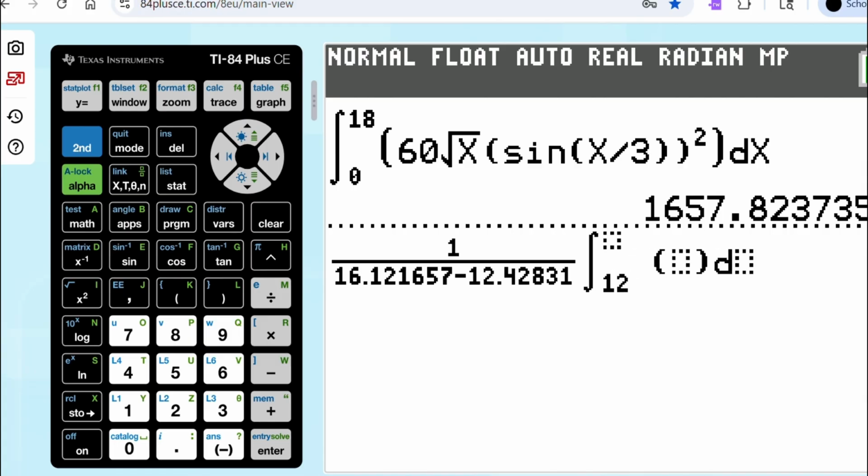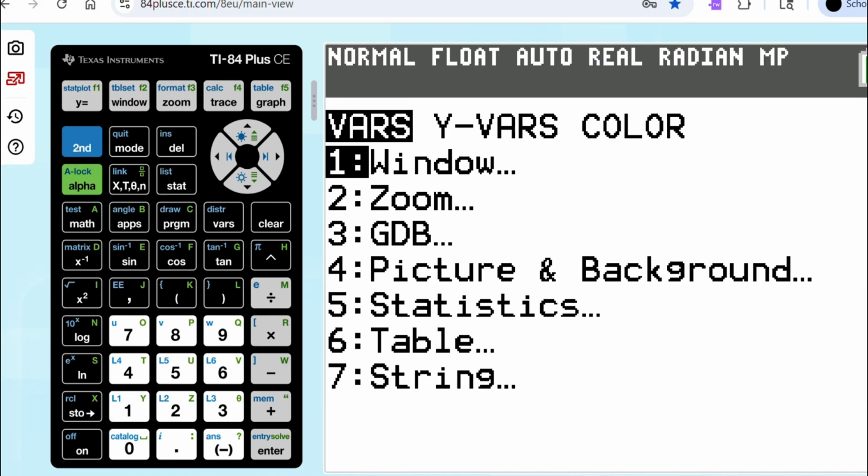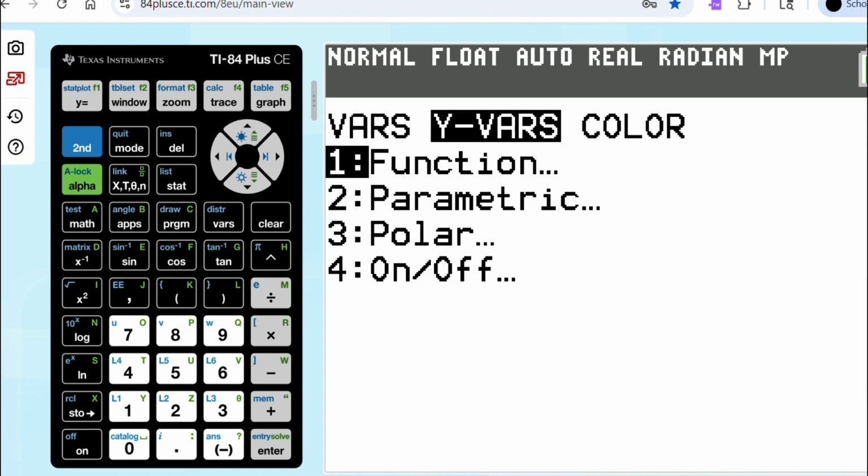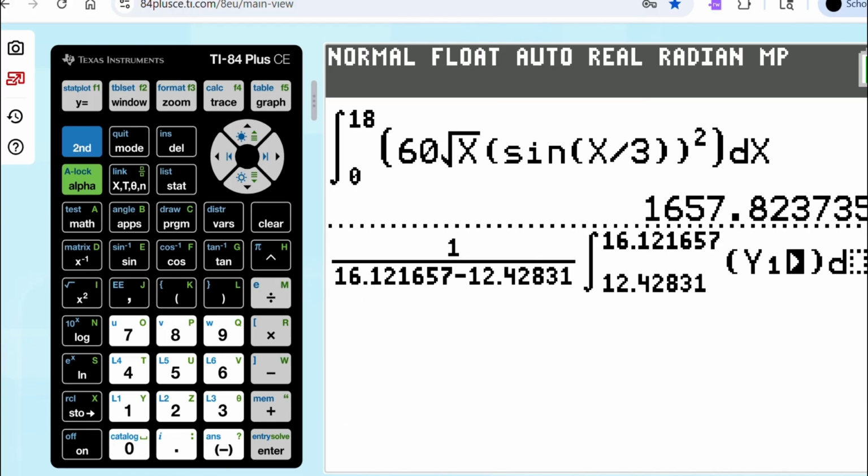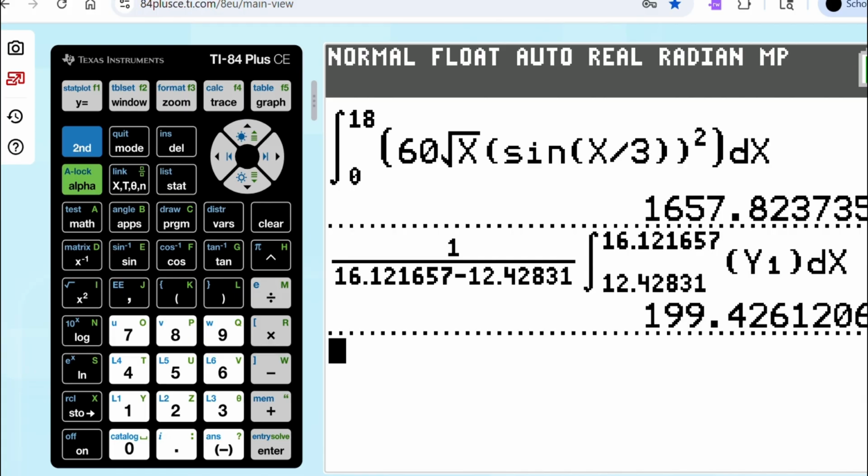We're going to integrate from 12.42831 up to 16.12167. And instead of retyping the whole function again, I'm just going to hit the VARS button, which is just to the left of clear. And when I go in there, I'm going to go over to YVARS, choose option 1 for function, and we graphed our L function as y1, so we're just going to pick y1. We'll go over here and hit x for our dx, and we end up getting